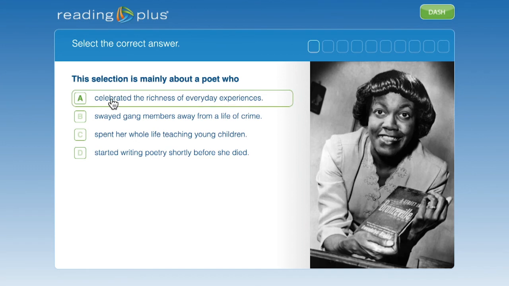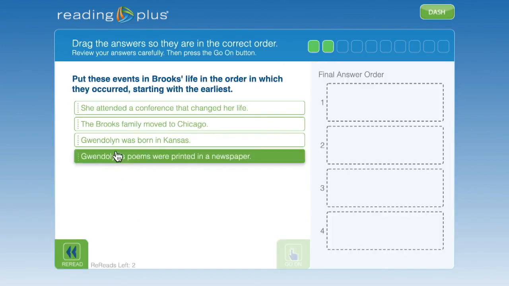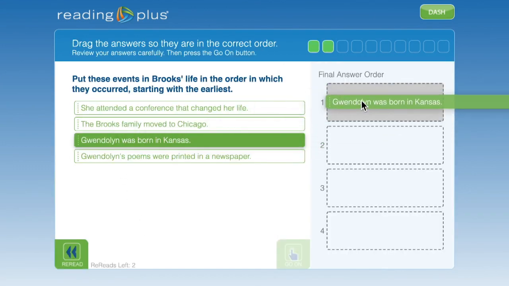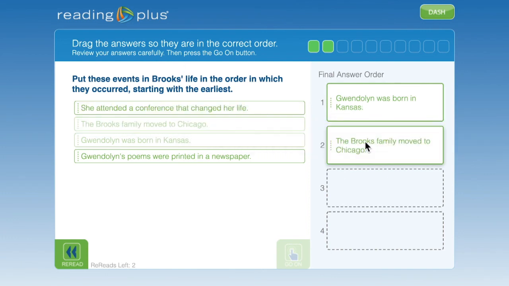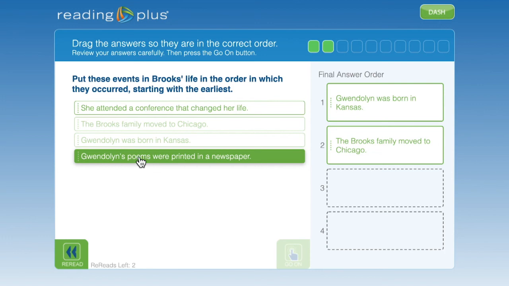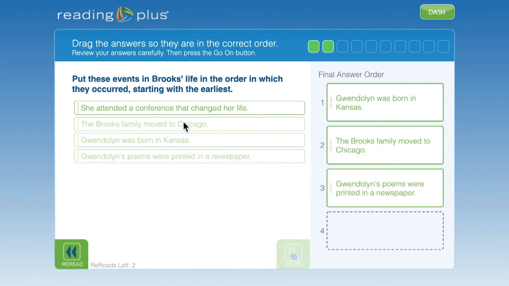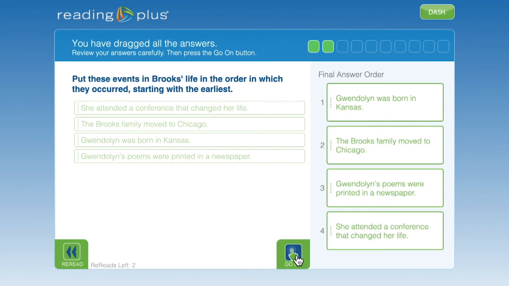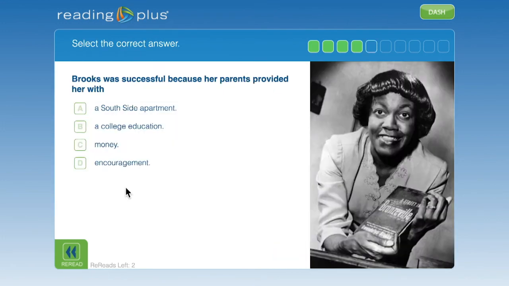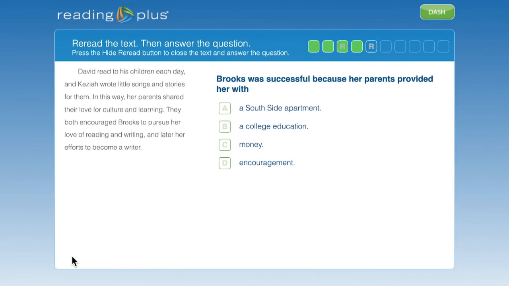After each text selection, students are given 10 standards-based comprehension questions to check their understanding of what they read. Students interact with questions that give them hands-on practice with the sorts of prompts they will encounter on high-stakes assessments. As they respond to the comprehension questions, students will be able to use rereads. The reread allows them to go back and look at the targeted portion of the text that contains the answer